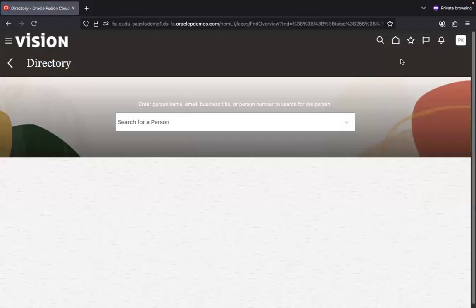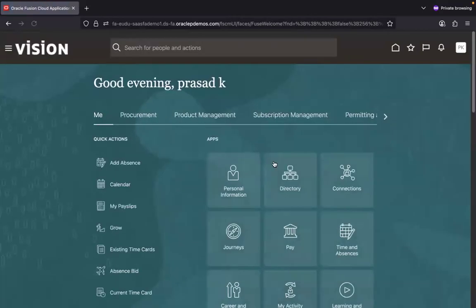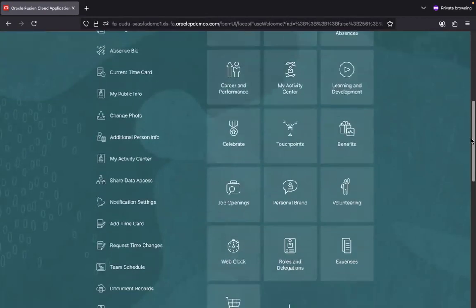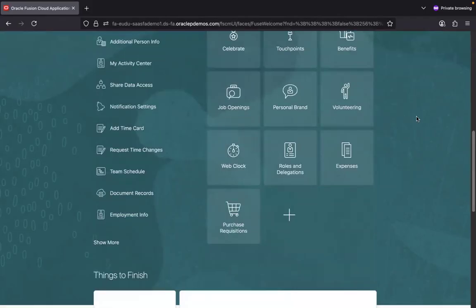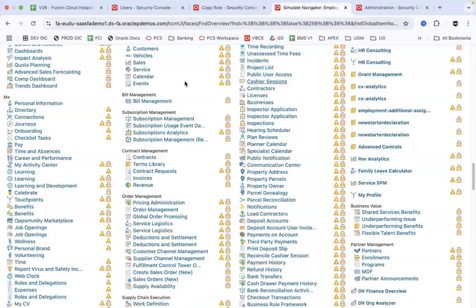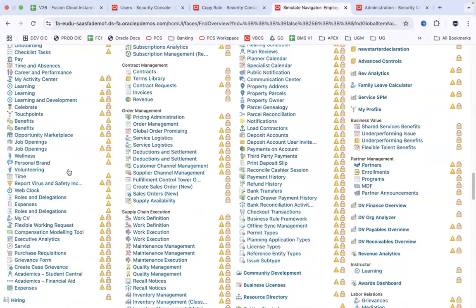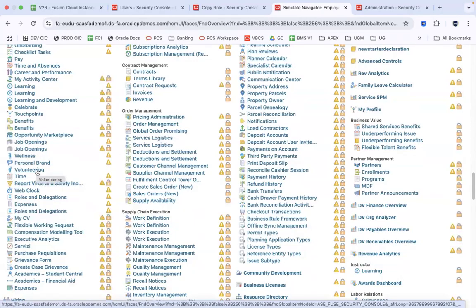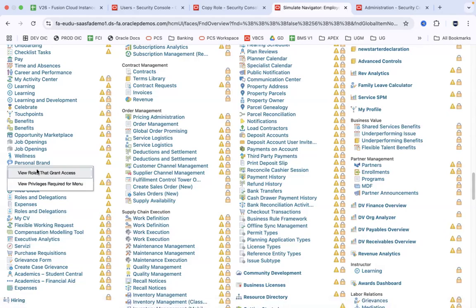That option would start showing up there. That option would start showing up on the menu option on the page. Now, if we go back to the task that we have on hand, our intention is to take out the volunteering page, and our intention is to understand what is the privilege sitting behind that volunteering page. So I can see the volunteering page, and I can click on it. And the moment I click